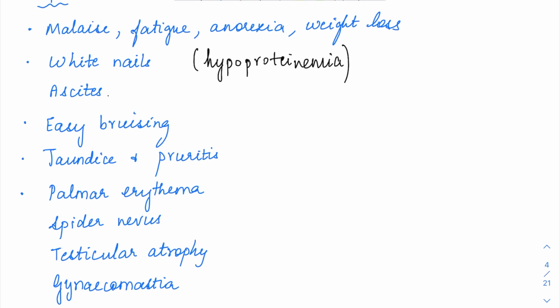It will also result in ascites. Ascites is nothing but a fluid-filled peritoneal cavity. There is some hyperdynamic circulation related to splanchnic vasodilation, so the entire hemodynamics is going to change, and that will result in ascites. Hypoproteinemia will also decrease the oncotic pressure, which will cause the interstitial fluid to accumulate, which is called ascites, in the peritoneal cavity.